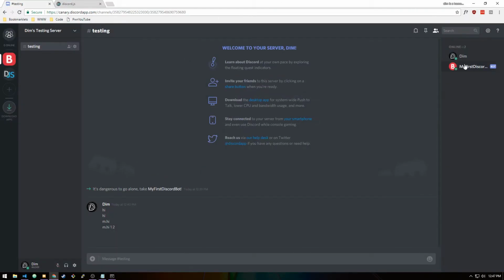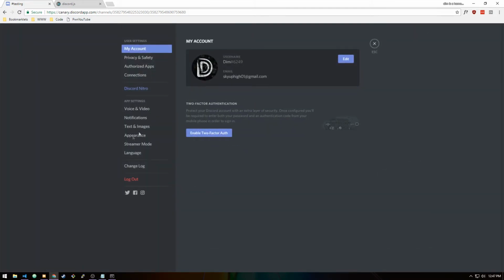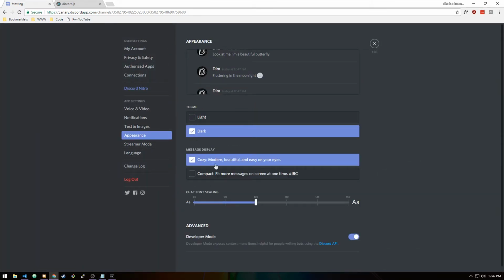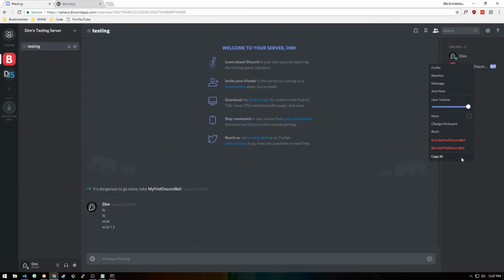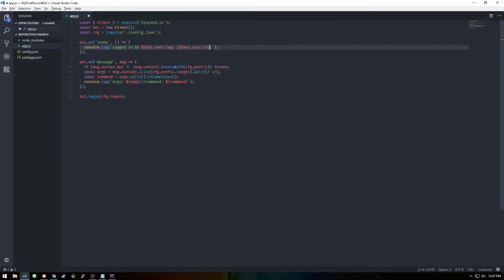If you don't know what the ID is, you need to go to user settings, go to appearance, and make sure you have developer mode on. Here, if we right click, copy ID, we get the ID of the bot. So that's what it's going to log, the ID of the bot. And here we can type on, and then how many servers the bot's on,